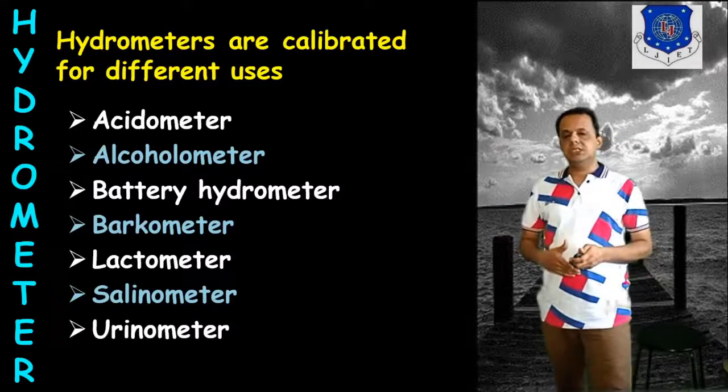So here we have seen different kinds of hygrometers in the first session. In the second session, we also saw one aluminum oxide hygrometer and hair hygrometer, and in addition to that, another device we studied, that is hydrometer. So after having this much, I believe you will have a very clear idea about the density measurement of the liquid and the humidity measurement with basic terms like absolute humidity and relative humidity.